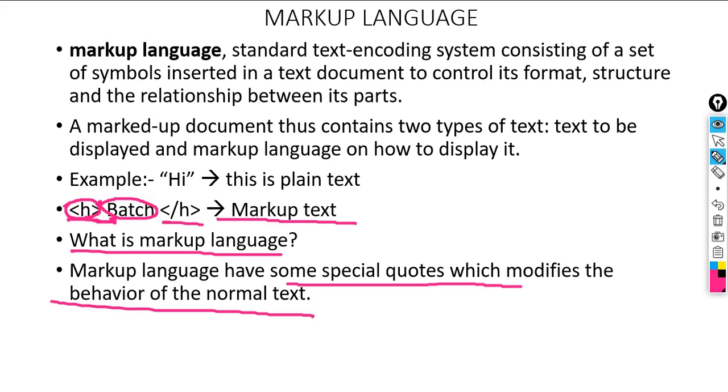Markup language is a standard text encoding system consisting of a set of symbols inserted in a text document which will control the format of the document, the structure of the document, and the relationship between different parts of the document, as well as the behavior of the plain text. Understood?